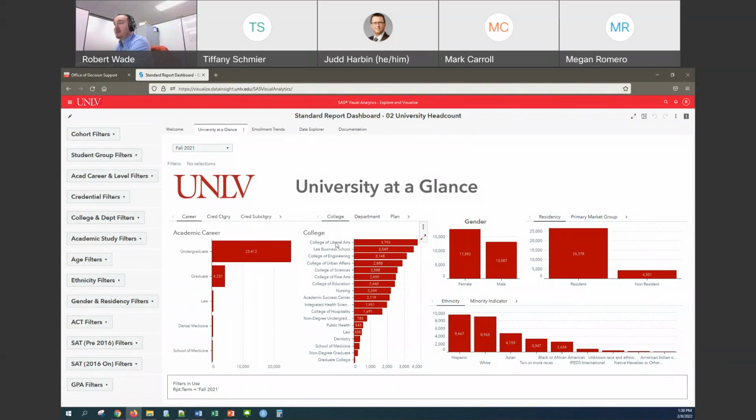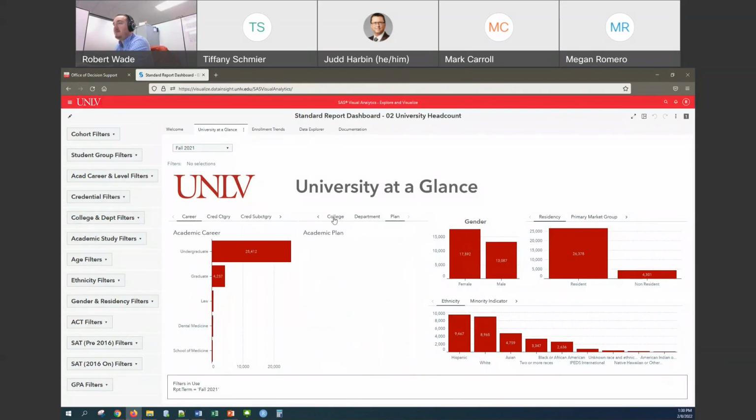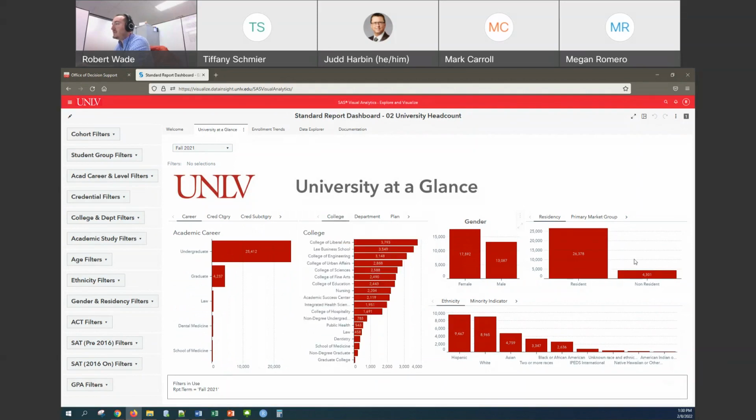Here is currently by college, but we could switch it to department. We could switch it to plan. Residency, we could toggle that to primary market group, and so forth. And what's really great is not only can you toggle across these tabs to see more